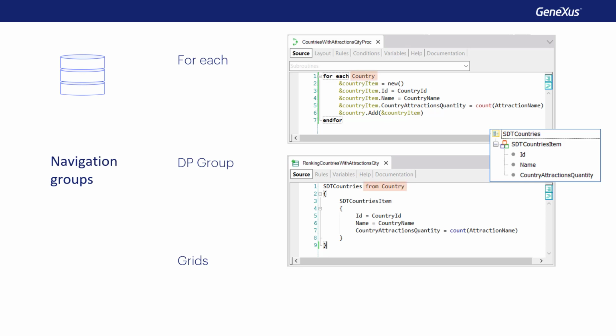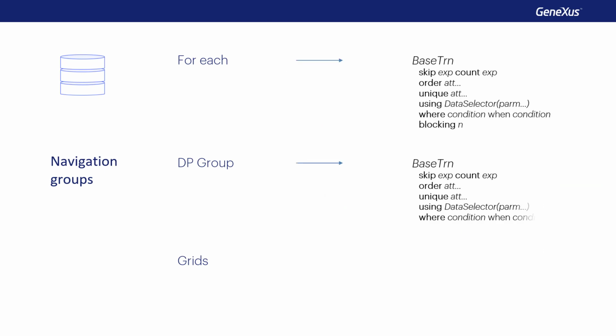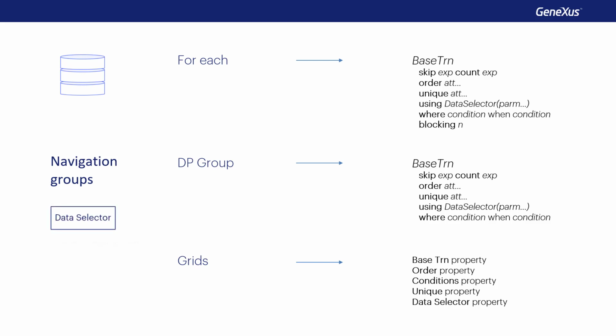Here we see the base transaction. But we also have all these others. The blocking one, as we'll see, only applies to for each commands, and to for each commands that update or delete. Grids offer several of these clauses in properties, and what would correspond to the body of the for each is written in the corresponding load event, also refresh in the case of panels. In addition, as we'll review, although more restrictive, we have a query to the database when a data selector is executed in a where clause with the in operator.